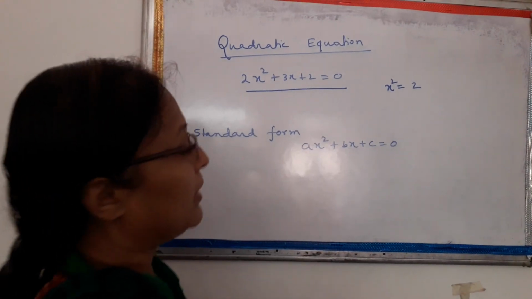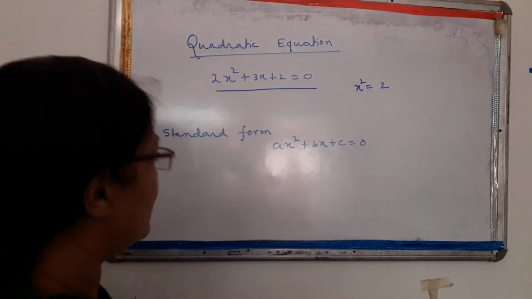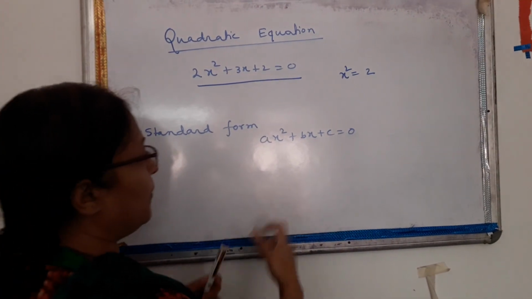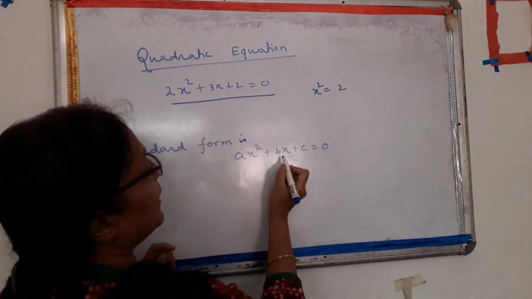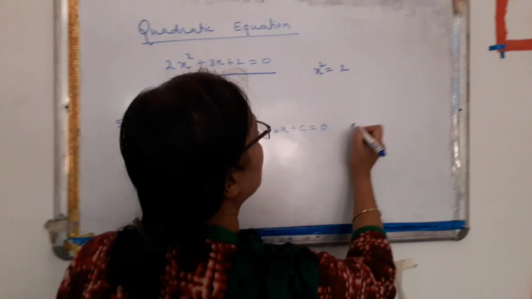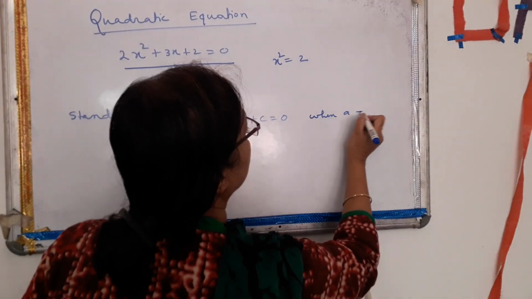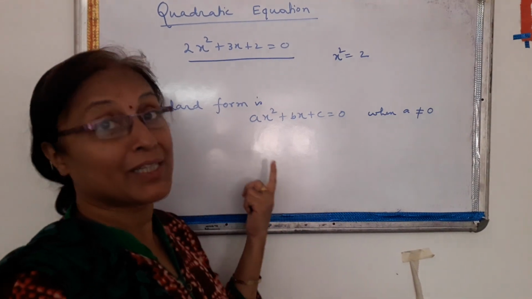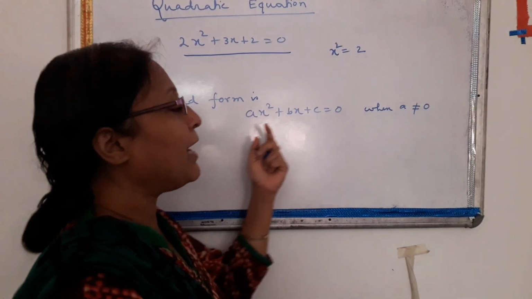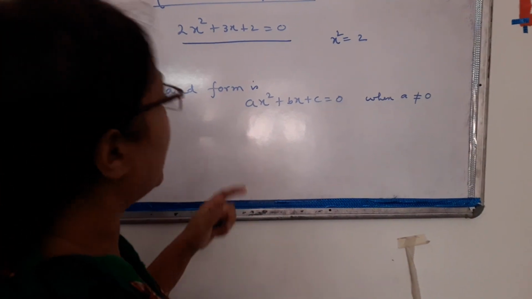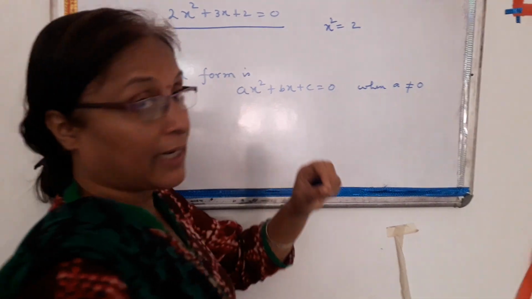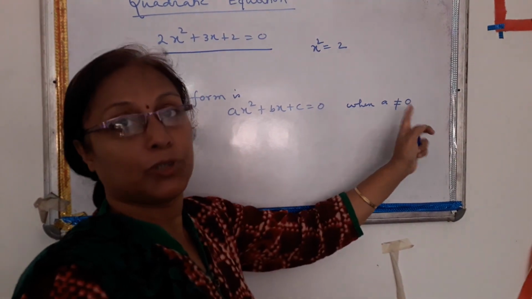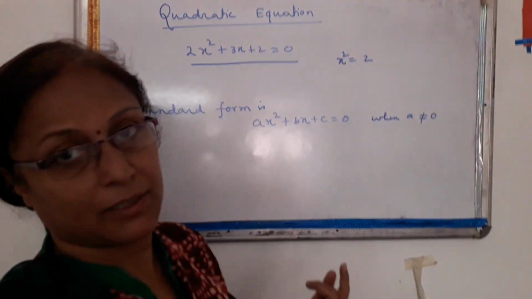2. Now like linear equation, the standard form is there. Whenever we tell what is the standard form, the standard form is ax square plus bx plus c equal to 0, where it is very important, my dear, a not equal to 0. That means if a is 0, then x square is missing there. So if x square is not there, how it is quadratic? So whenever you write quadratic equation, you have to write the standard form is ax square plus bx plus c equal to 0, and very important, a not equal to 0 and a, b, c are real. That you know only.